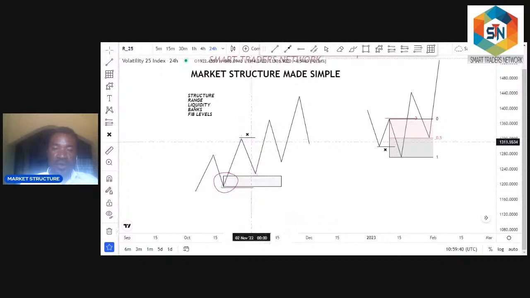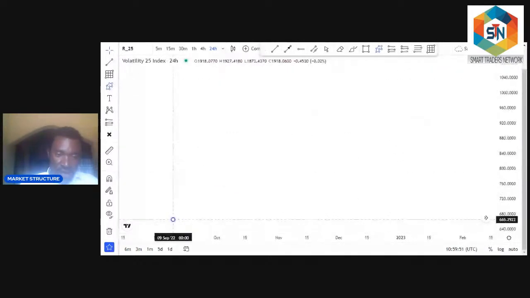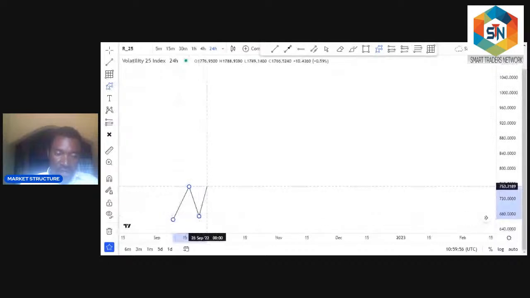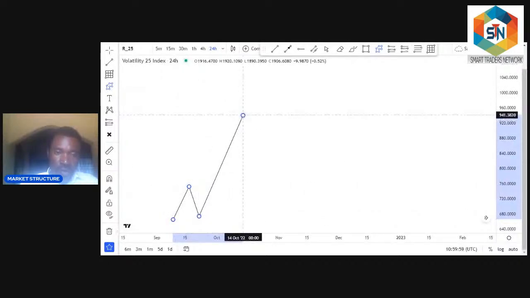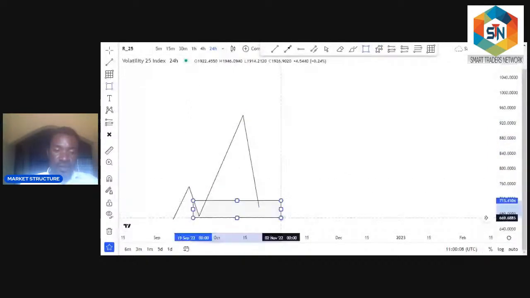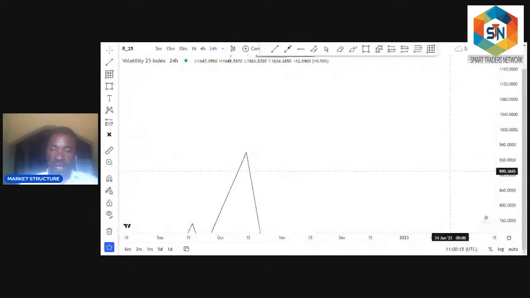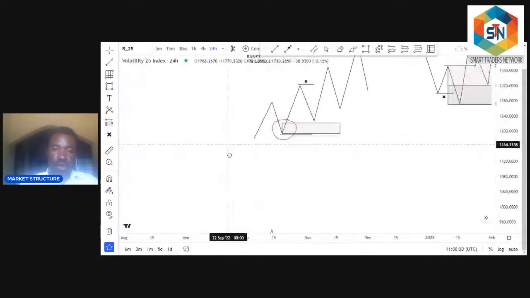What I want to really explain today so that you understand it. Price gives you this high, gives you this low, gives this high, and then now price comes to give you, let's say, this low. So just look at this. You have your high, your low. The first thing you know is we are still bullish. So you want to follow our